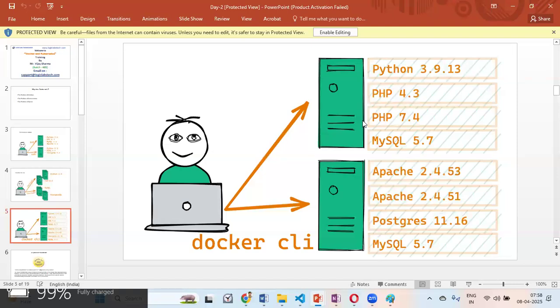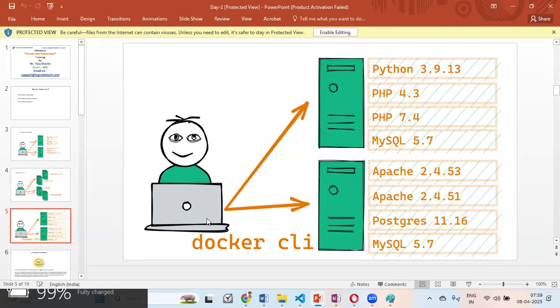Docker became very popular because of its ease of use and because the architecture is easy to understand and work with. In future classes, we'll understand Docker's architecture, how we can interact with the Docker engine, what the Docker daemon is, what the Docker client is, and other things.